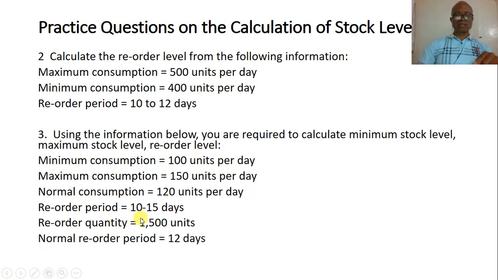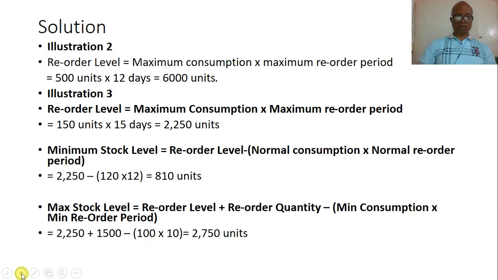In the other one, we determined the normal or average reorder period by taking the average of the two figures given to us. Here we are given the normal reorder period specifically, so you have to use the normal reorder period in solving this particular question. So maximum stock level is reorder level plus reorder quantity minus open bracket minimum consumption times minimum reorder period. That's what you have here: 2,250 plus 1,005, which was given in the question, and then minus 100 times 10, and that gives you